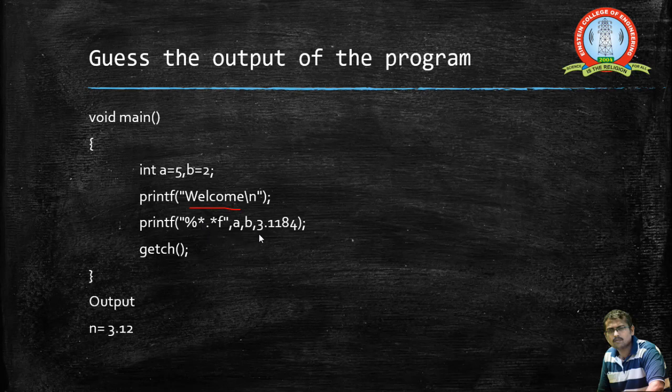So what happens here is, when you look into this, 5, so 2 before the decimal point, 2 after the decimal point. So 2 before the decimal point is, we have only one digit, so that is not a problem. I will get the 3 as it is. Now after the decimal point I have 2 digits, it has to be rounded off to 2 digits. Now when I look into this third digit, it is 11.118. So when I am rounding this, it becomes 0.12. So I will get the output as 0.12.